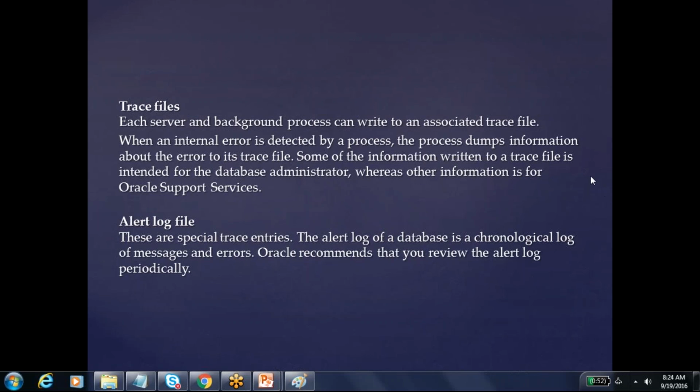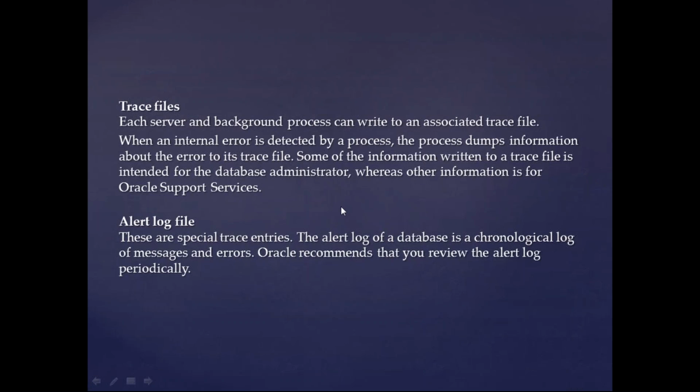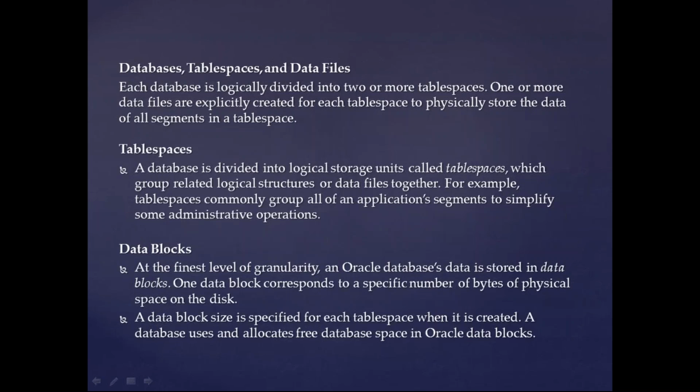Okay, so these trace files are the files which are created when there is any internal error in the database, any process fails. Any process that fails creates a trace file. The alert file is the first point to troubleshoot. So first thing, anything going bad with your database, you go to the alert log file, then you go to different trace files, and it will give the path of the trace file for the further detailed error messages. Okay, these are the major files.